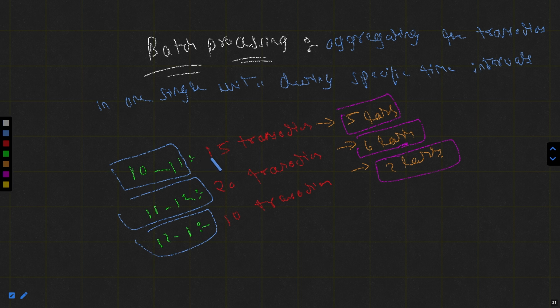Okay, all these 15 transactions will be aggregated, and the same denomination will be processed in the time period between 10 a.m. to 11 a.m. Thereafter, 20 transactions will be aggregated, and the 6 lakh denomination will be processed from 11 a.m. to 12 p.m. Thereafter, 10 transactions of 2 lakh denomination will be processed from 12 p.m. to 1 p.m. Okay, so this is called the batch processing. Here we have taken an example of